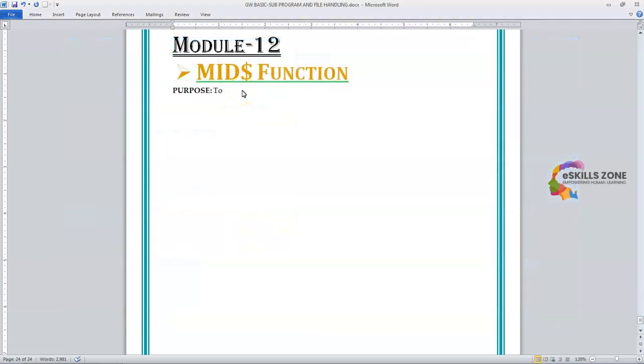In this video of today we will discuss the MID$ function, which is a string built-in function in GW-BASIC programming language. So first we will learn the purpose. It actually returns the requested part from